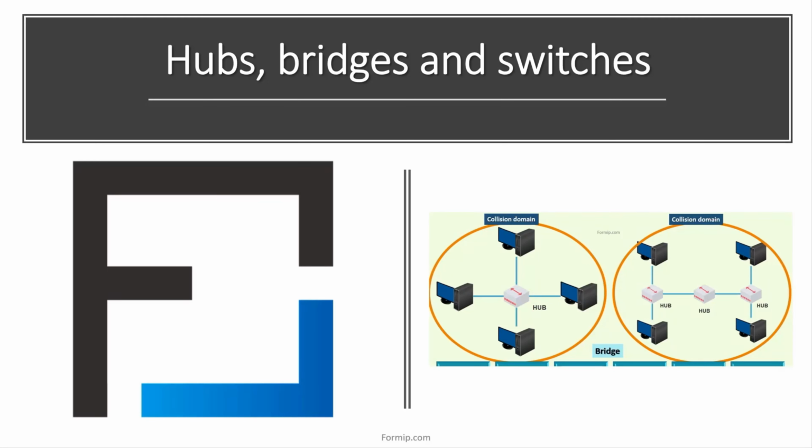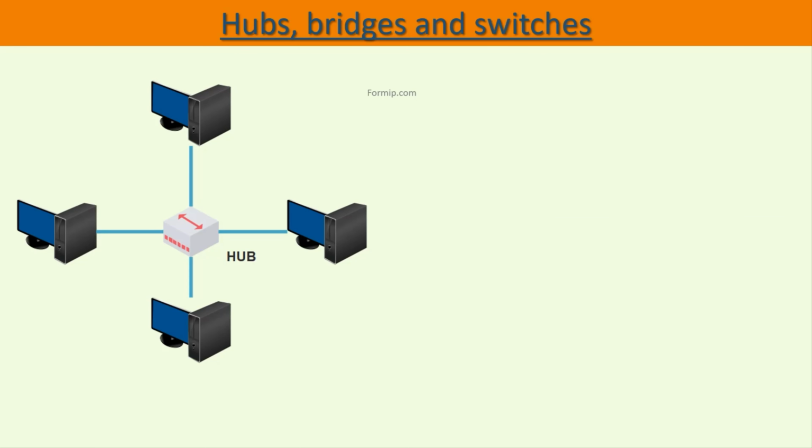In the early days of computer networks, we used hubs to connect our good old computers. A hub is nothing more than a physical repeater. When it receives an electrical signal on one of these interfaces, it will repeat it by sending it to all its interfaces except the one that received this signal. There is no intelligence in a hub, and it only works on the physical layer of the OSI model, the